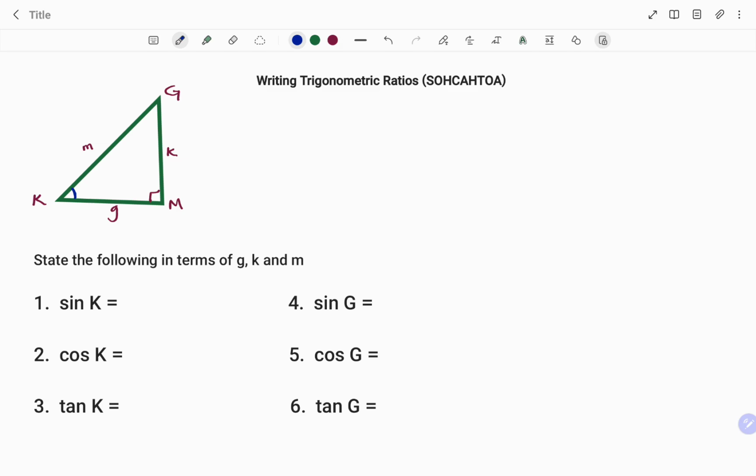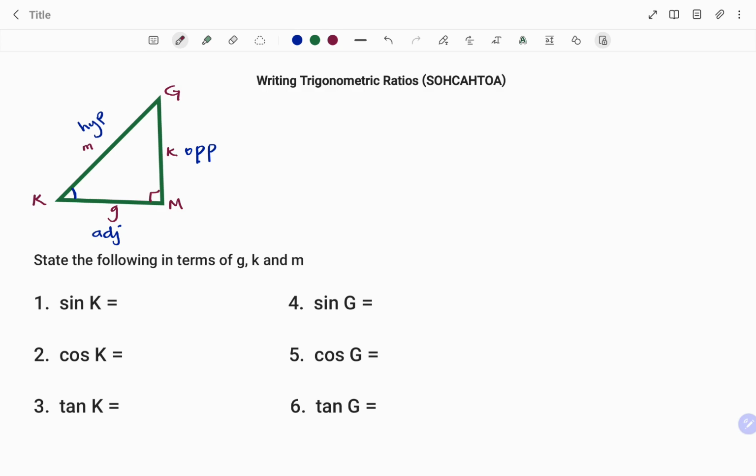Tagging the sides of a right angle triangle, the side facing the reference angle, as shown, which is K, will be our opposite. I'm going to tag that as opposite. The longest side, or the side facing the right angle, is the hypotenuse. I'm tagging that as hypotenuse. And the last side, every triangle has three sides, will be our adjacent. So after tagging all the sides of the right angle triangle,